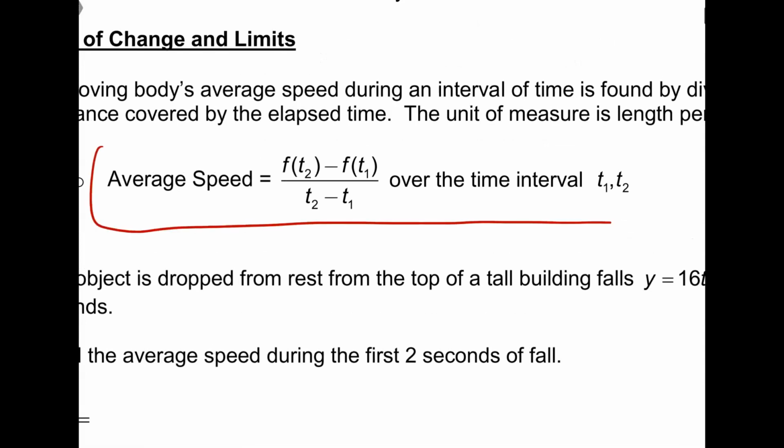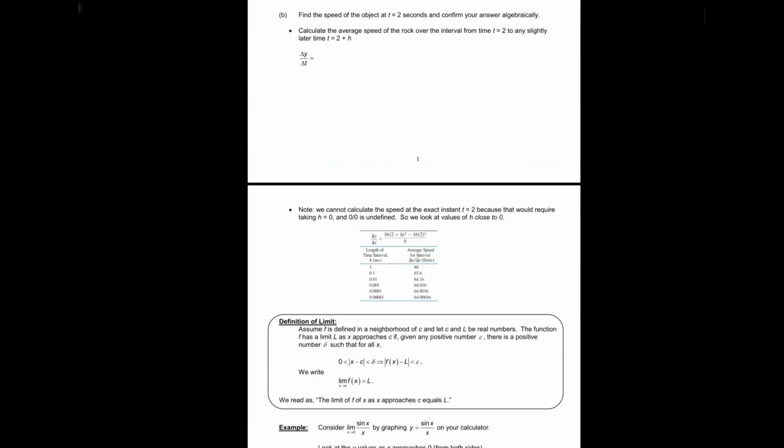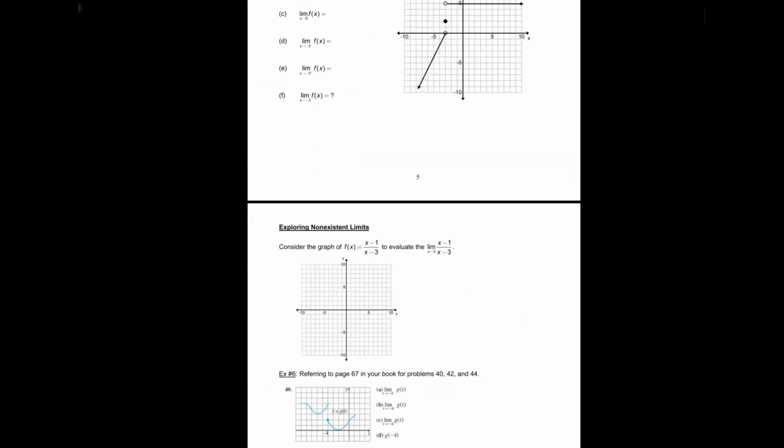Wait. Oh, look, average speed. Oh my gosh, this is exactly what we're doing right now. Average speed, f of t2 minus f of t1 over t2 minus t1, over the time interval from time 1 to time 2. So let's say I was interested in looking at my average speed between here and